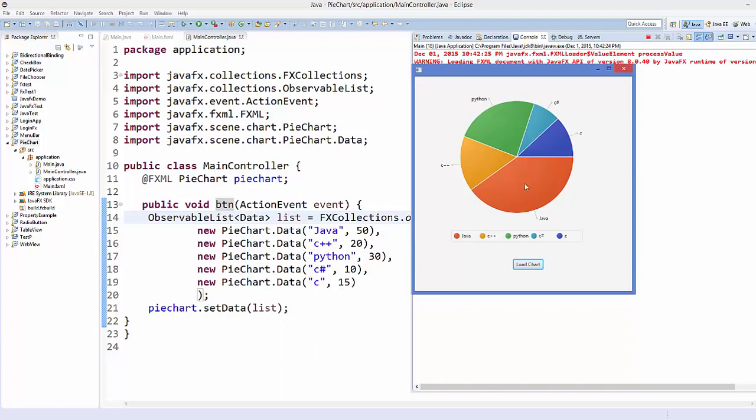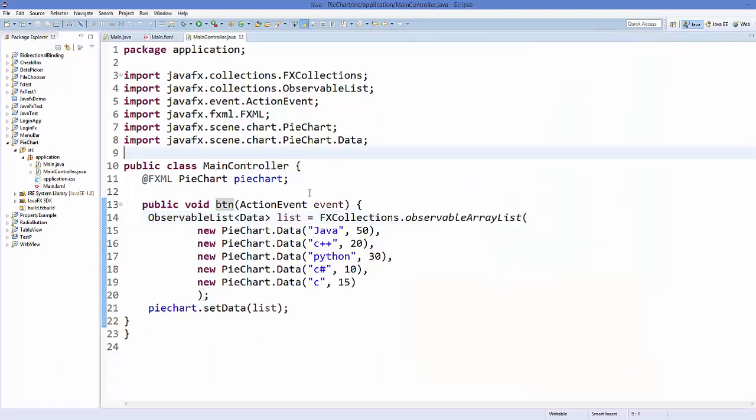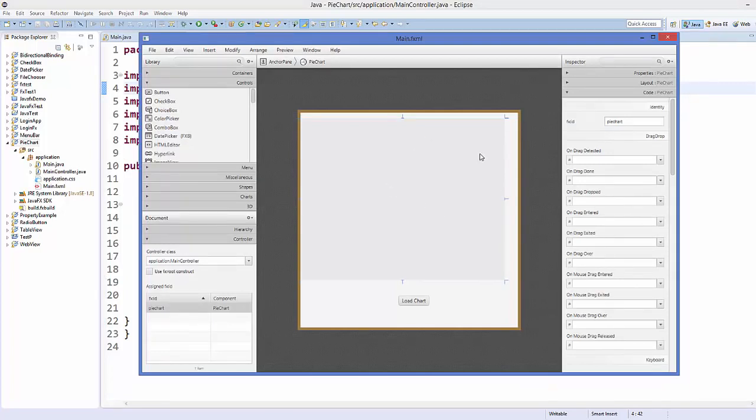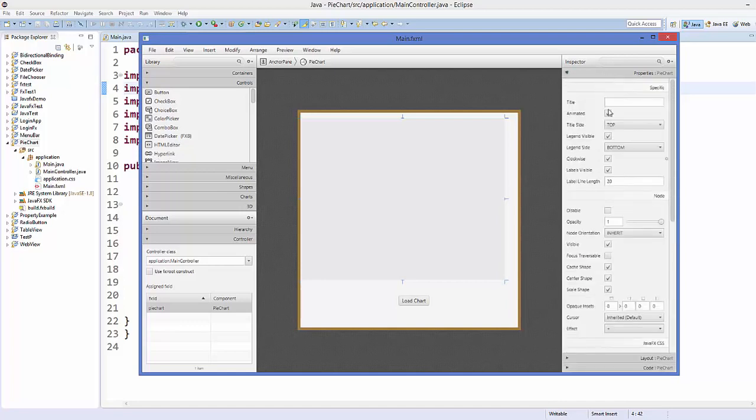Okay, now there are some properties of pie chart which you can change to change the look and feel of the pie chart. So I'm going to close my app and I'm going to open my main.fxml file in Scene Builder, and I'm going to select my pie chart and then go to the properties here. So the first property you can see here is the title. So you can just give any title to your pie chart, for example pie chart, and it's going to show